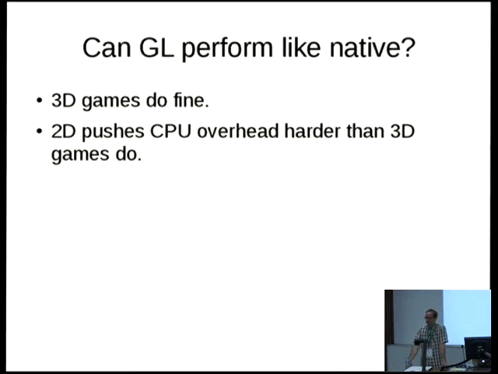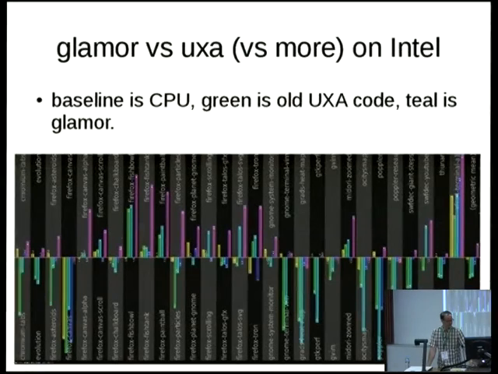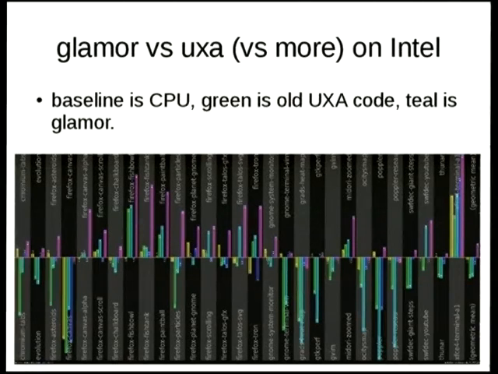So the question at this point, now that I think I've shown that we could build a nearly device-independent 2D driver, except for that whole DRI2 driver name issue, is can we make 2D Glamor perform like native? Like the custom code that we've been building for a long time. So we have this eye chart here from Chris Wilson, which you have no hope of reading. Let's see, green is the old UXA code. Our baseline is CPU rendering. So our 2D rendering is almost always slower than just telling the CPU to do the job for us, which